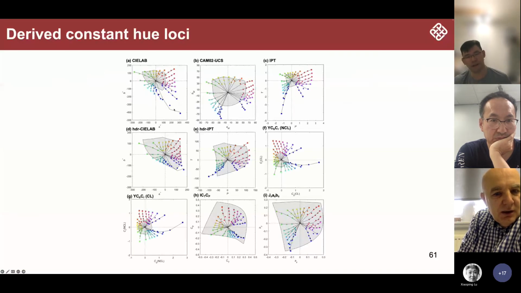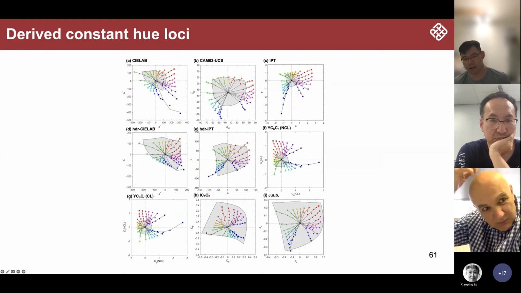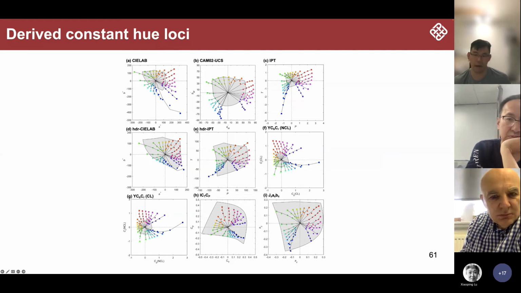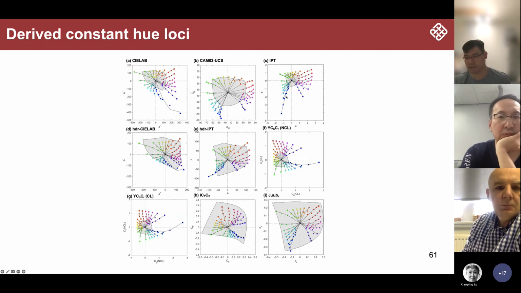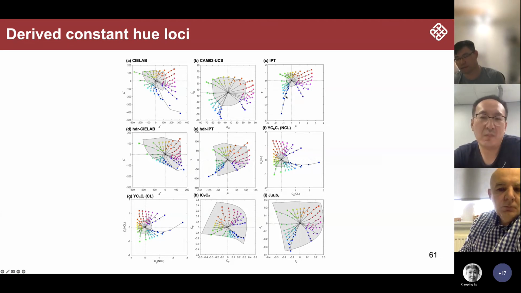Well, for the blue and also for the red colors, it was pretty bad. But for the green and yellow colors, these are fine. Yeah. Which would you say is the best one there? I think ICTCP was actually pretty good, and also the IPT. Basically these two are similar in terms of the fundamental things.